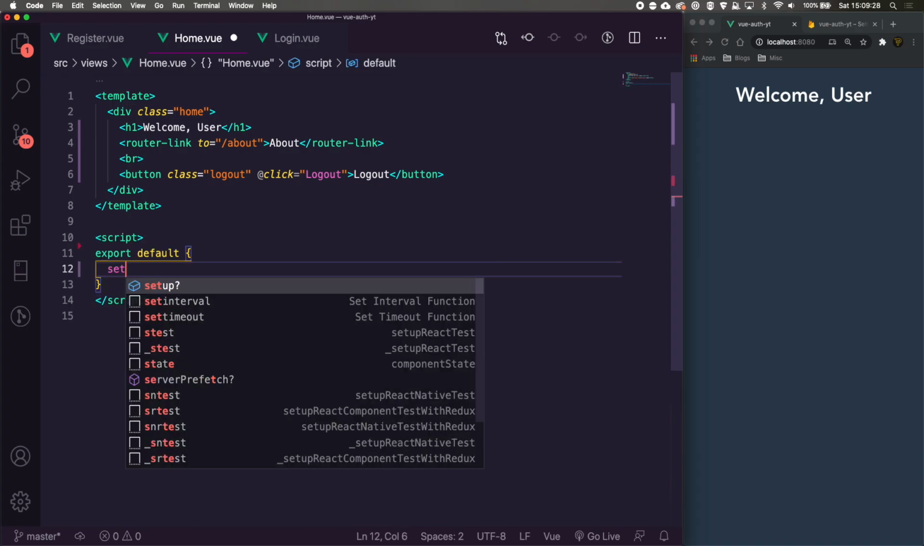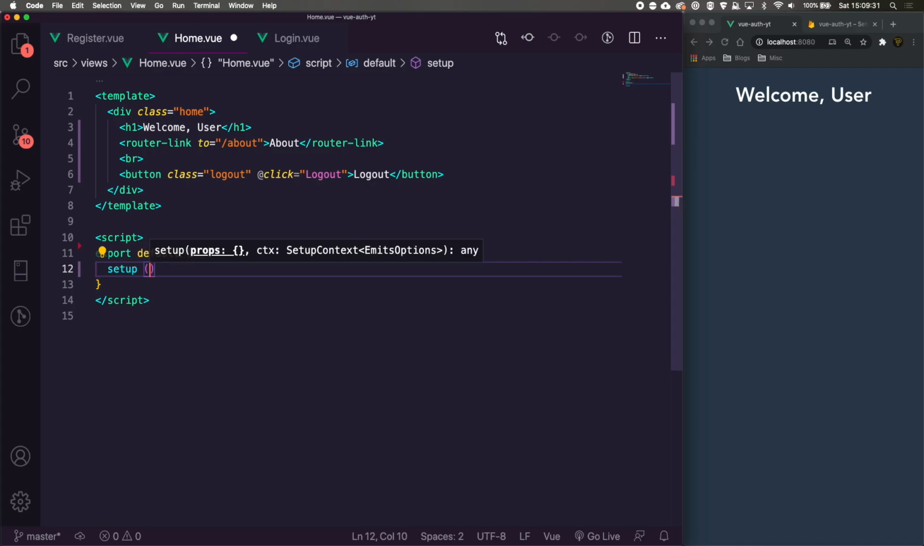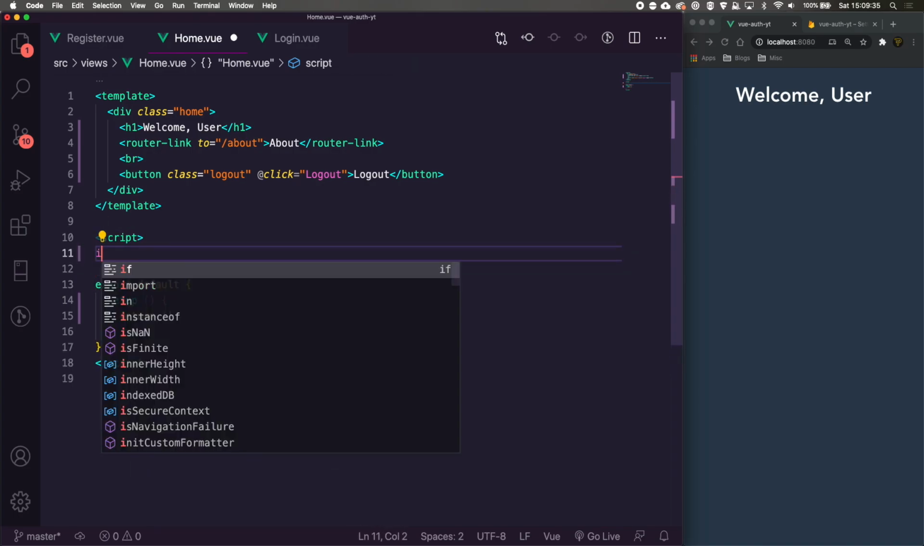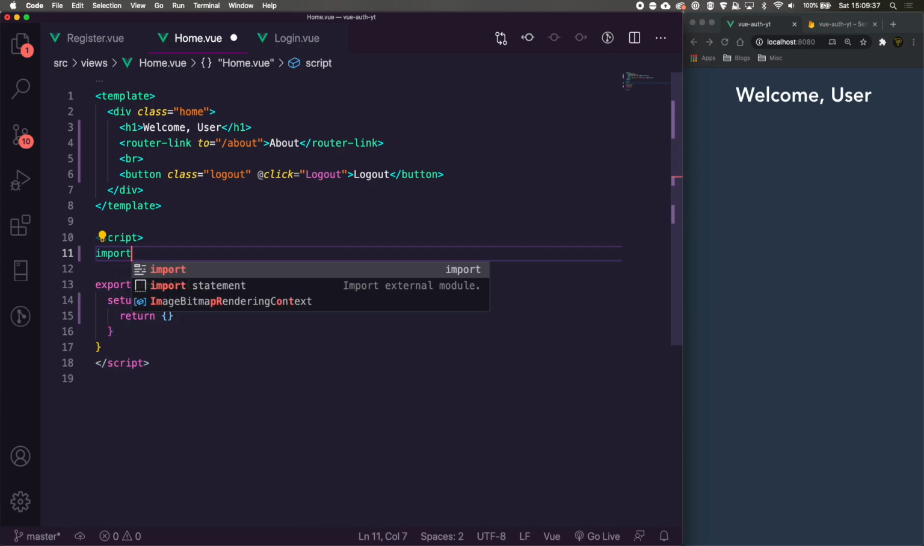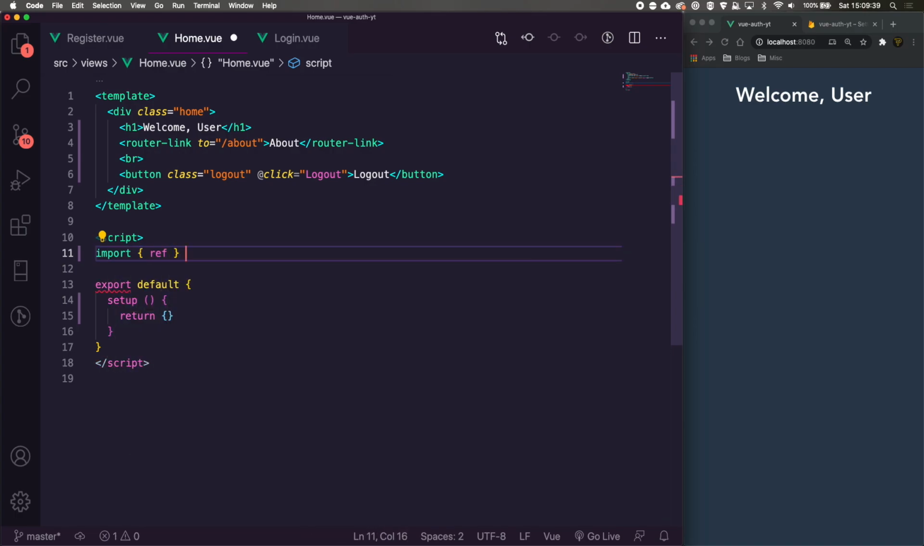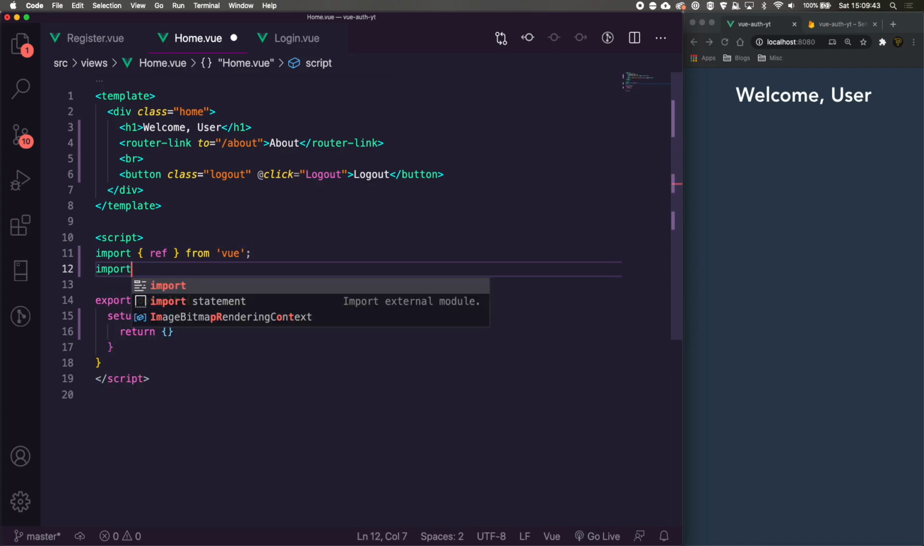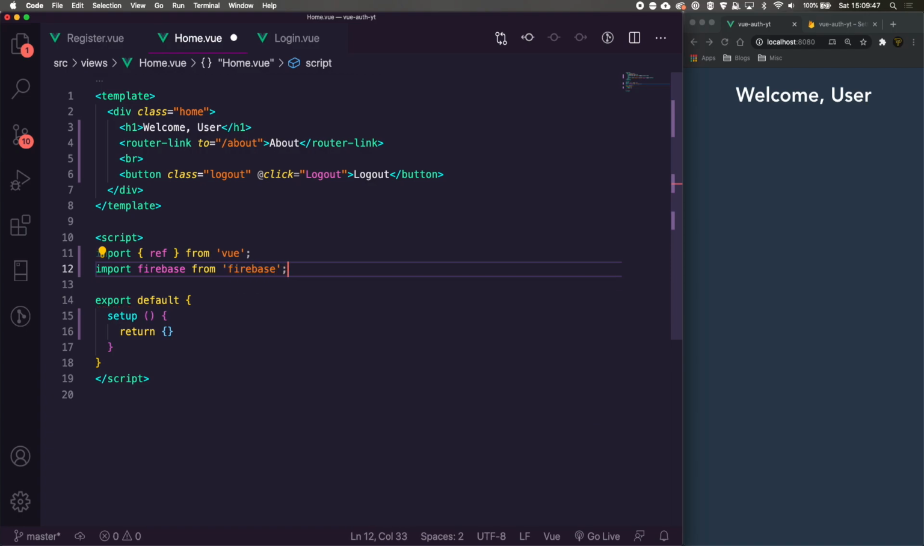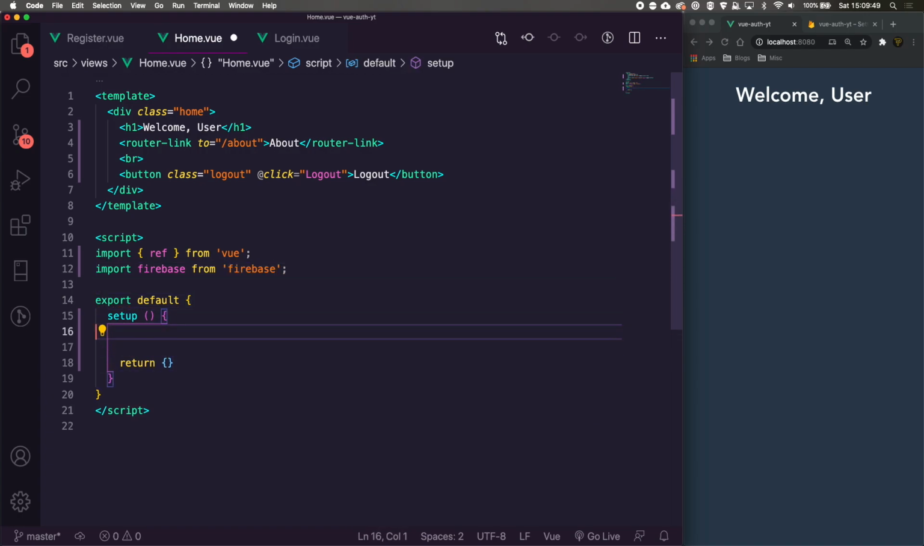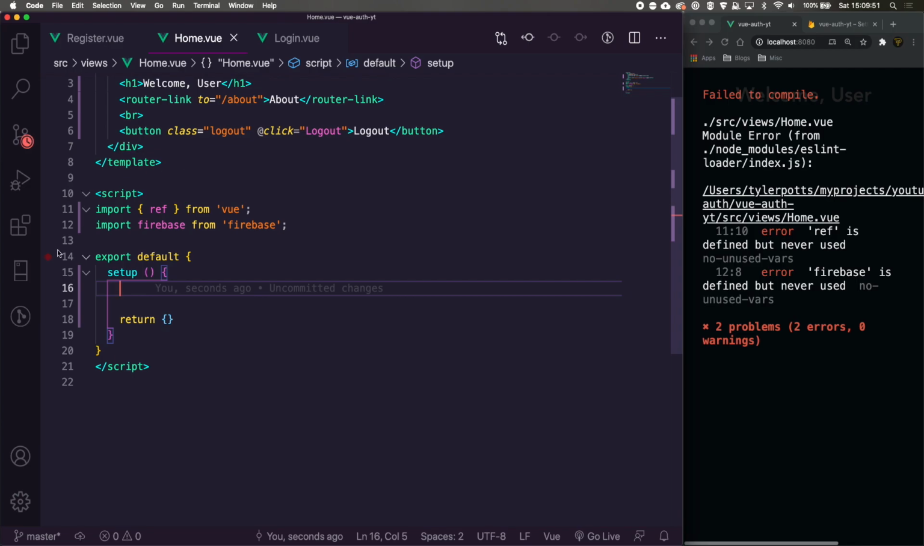And in here we're going to have a setup as usual, which is going to just return nothing for the meantime. And let's go up in script. We're going to import ref, so we can create some variables from Vue. We're then going to import firebase from Firebase. And inside of our setup here, scroll up a little, we're just going to say const user is equal to